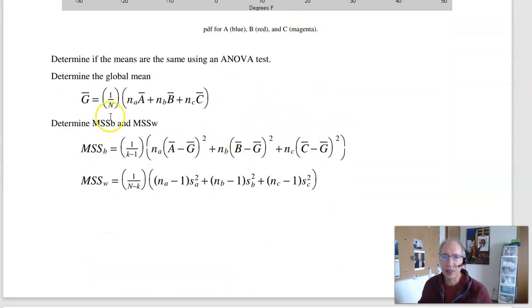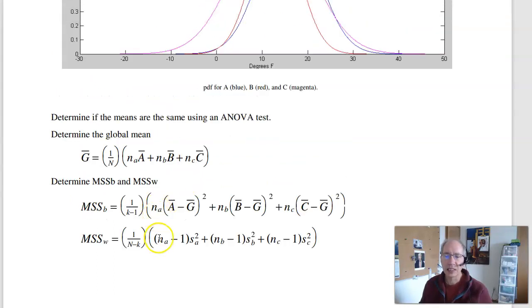To do that, I calculate the global mean. I calculate the mean sum squared difference between columns, the mean sum squared within columns, and then take the ratio. The ratio is the F-score. So again, kind of what the differences are. MSSB,